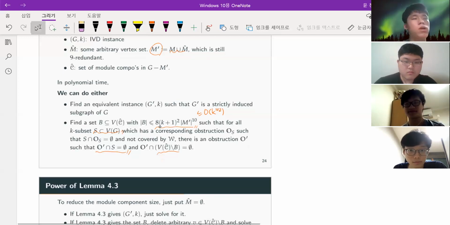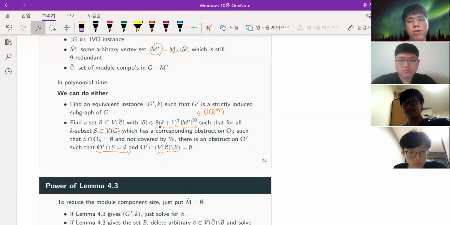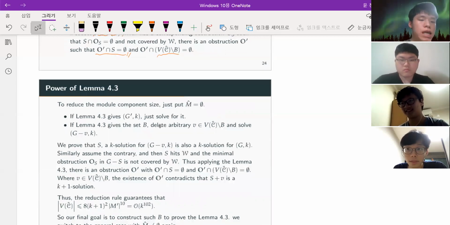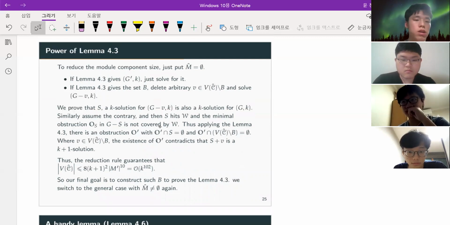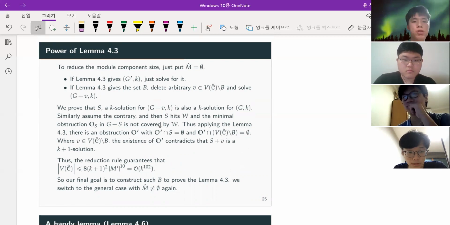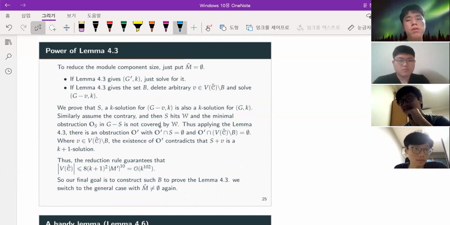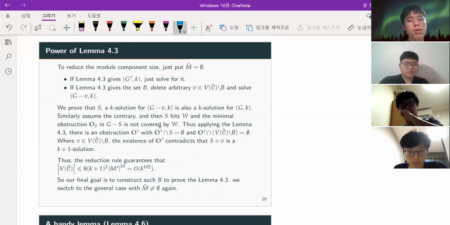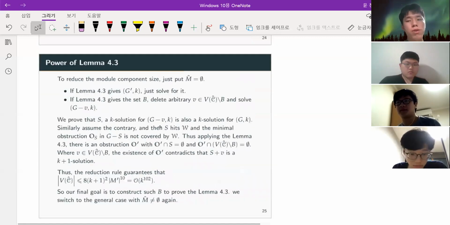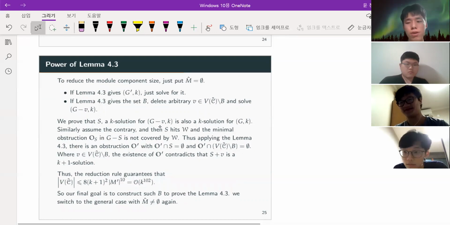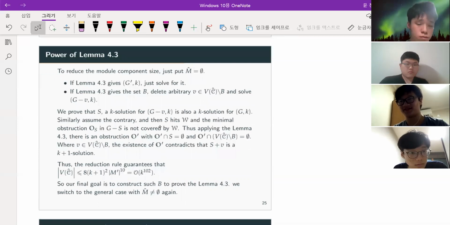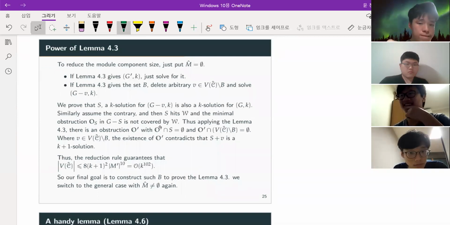So we need to interpret this lemma in some kind words. To reduce the module component size, we will just use the case where M hat is empty. I think another argument with M prime and non-empty M hat does not appear in the whole paper. So I don't know why the author used the notion of M hat. Anyway,